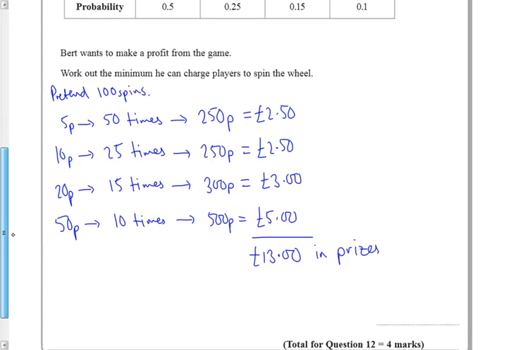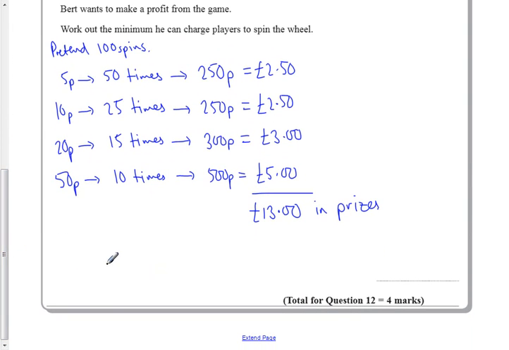Well, you've done 100 spins, so that means £13 divided by 100 is going to be 13 pence. You expect to be paying out 13 pence